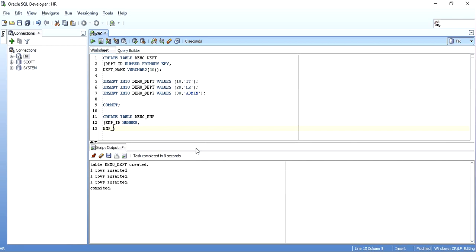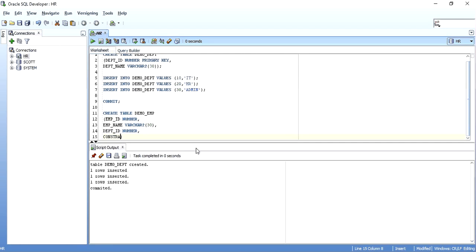Then employee name, varchar2 30, and then department ID, which will be number. So I'll make a primary key constraint on employee ID. For the constraint name, since it's a demo emp table, I'll give a name like primary key of that. Constraint type, primary key, on what column? On the employee underscore ID column.